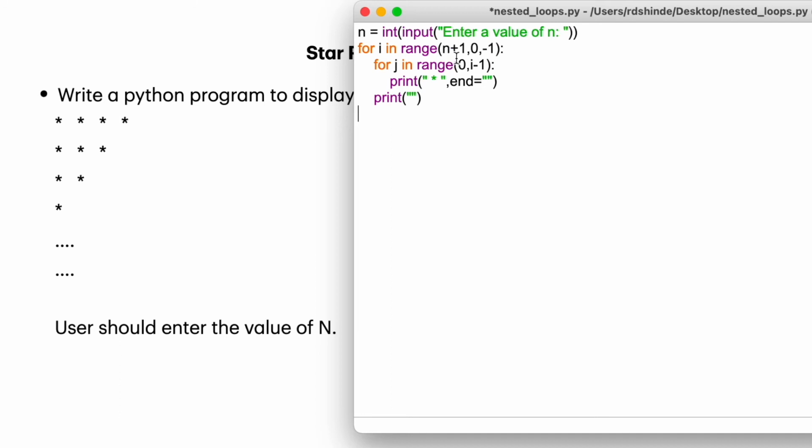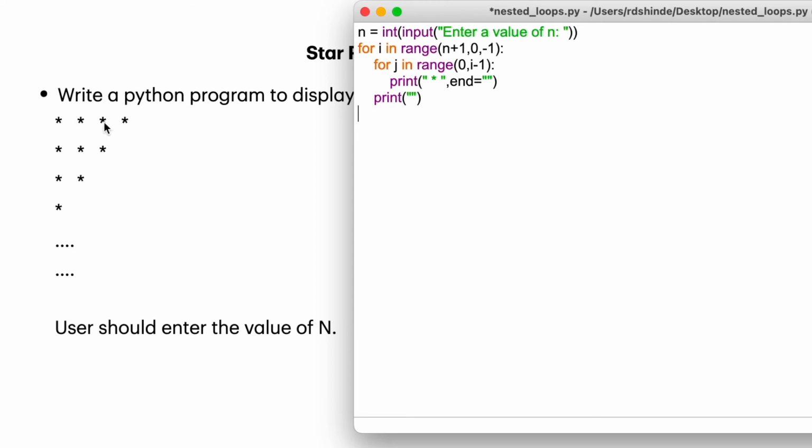We have to start from n plus 1, or we can start from n, but we have to go till minus 1. In both cases our program will work. I have taken here n plus 1 to 0. From n plus 1 to 0, the outer for loop will iterate n times. We are gradually decreasing the value of I in each iteration.